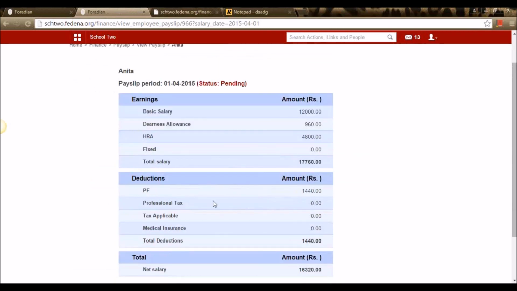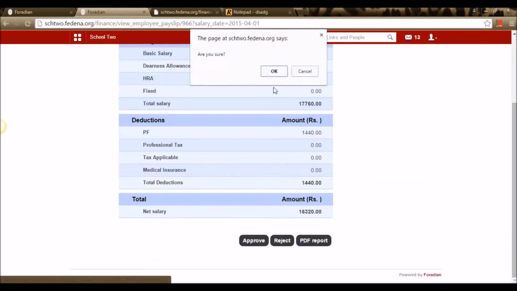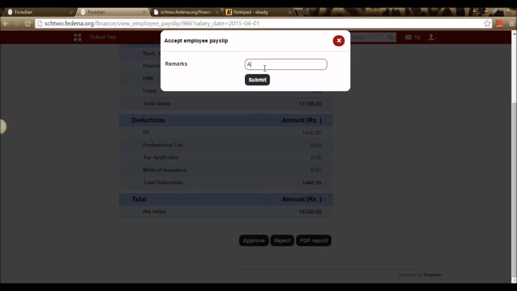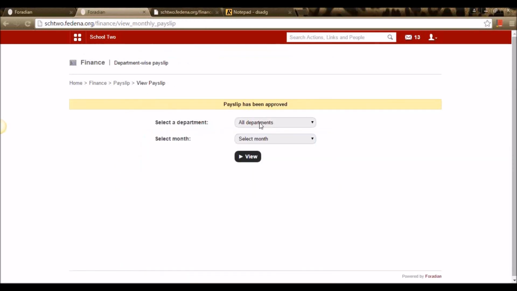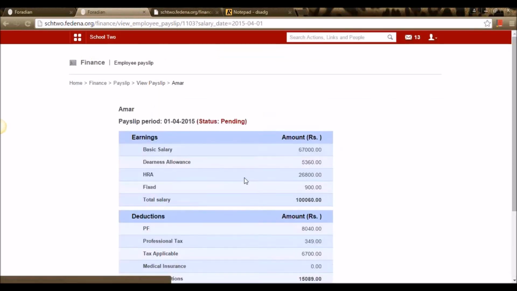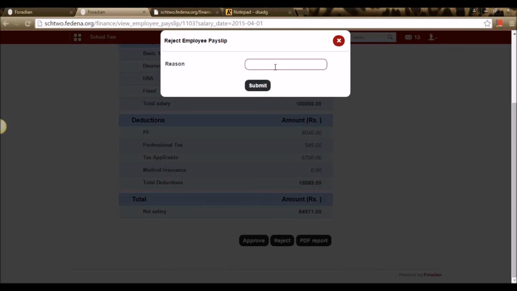So now I can say that this payslip is perfect, so I'm approving it. In case I want to reject the payslip for a certain reason, I can select the payslip, reject it, and give a reason for rejecting it.